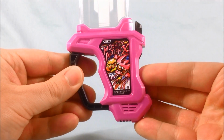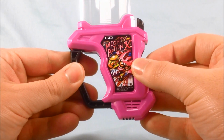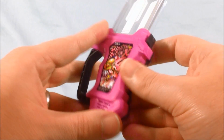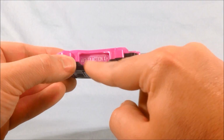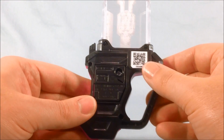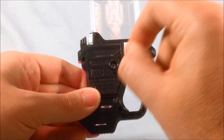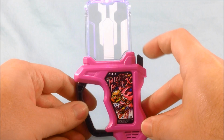Really cool picture there. I like that a lot. That's the little Mighty guy, who's, I guess, the star of this game. It does say Mighty Action X on the side, just like the Shakariki Sports one did. QR code on the back. This is where the 3 watch batteries go. You pull the little tab out to activate it. Pressing the button,